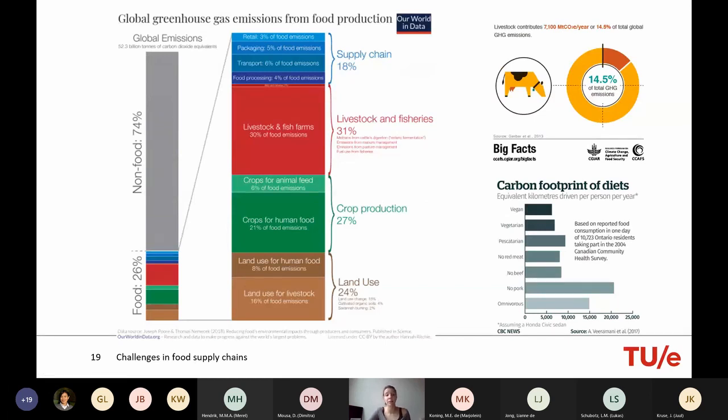Out of the contribution of the food system, a lot of it is actually not related to the supply chain. You can see here it's only 18%, but most of it is actually made up of agricultural production, livestock and fisheries, and land use. So actually the supply chain activities only have a really small impact, and most of it happens before. And livestock has a very big impact on this. So the type of products that we consume actually have an impact on the emissions of our diet.